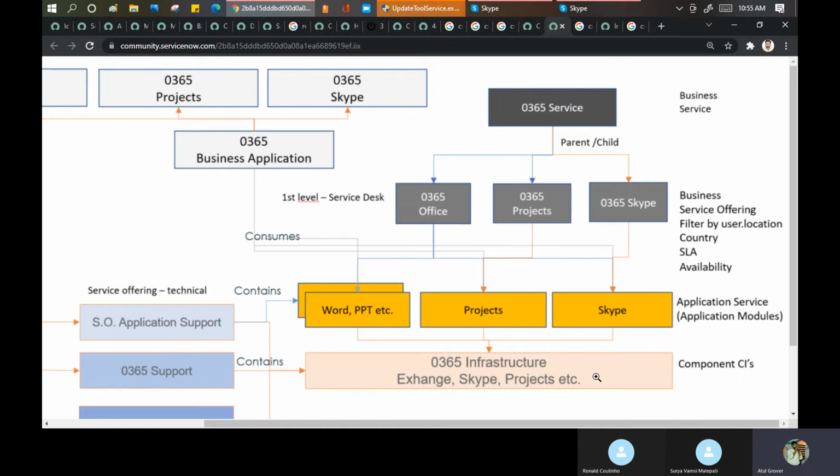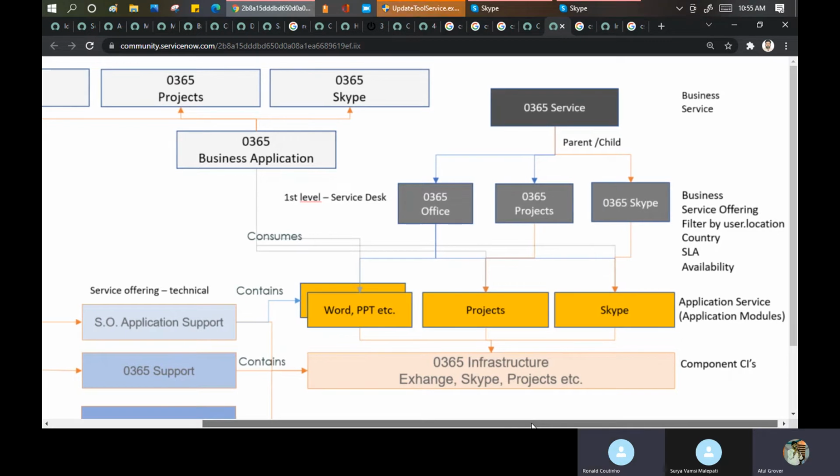ठीक, clear till this point, Ronald? Any doubt, any question? Surya, don't be confused. जितना समझ में आ रहा है उतना देखो, कोई दिक्कत नहीं है. ठीक है? This is fine.